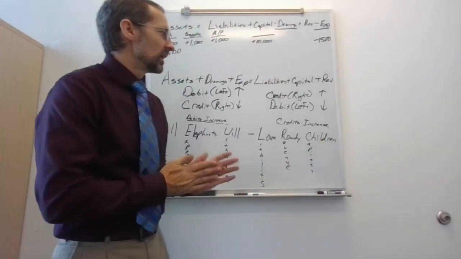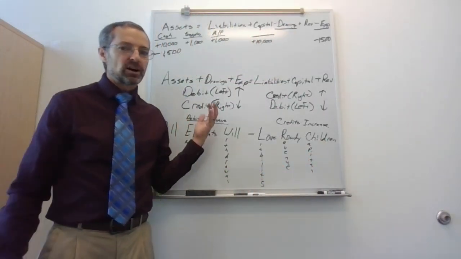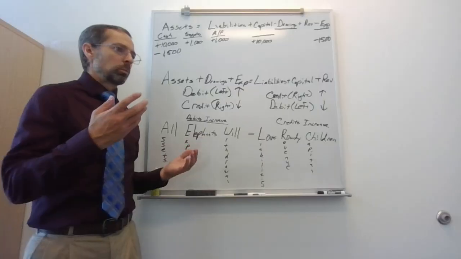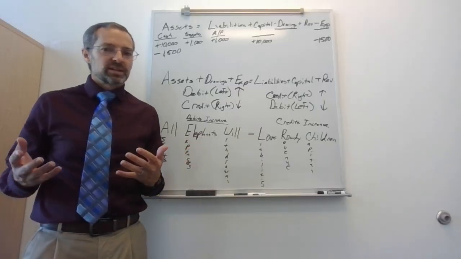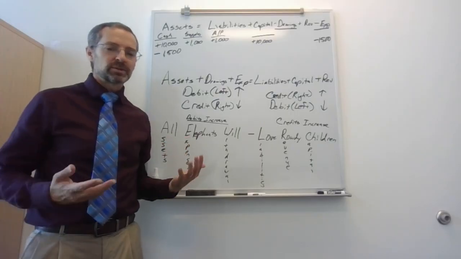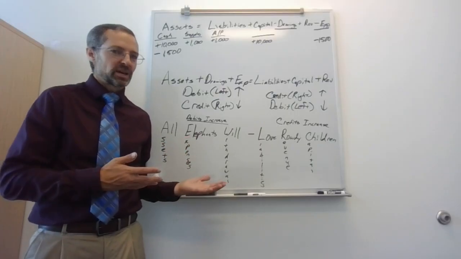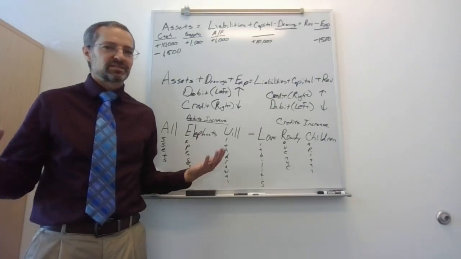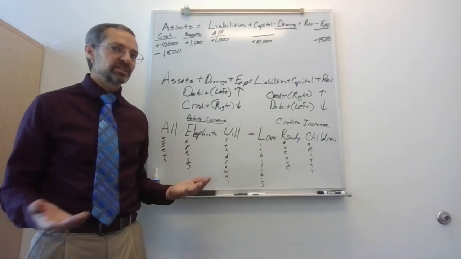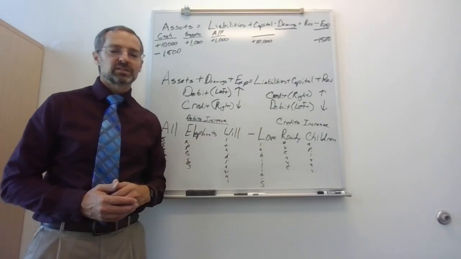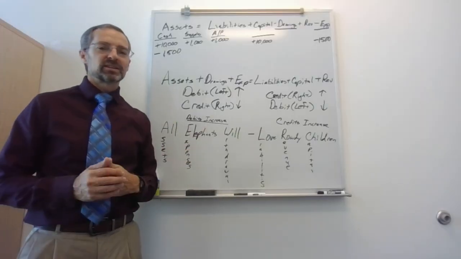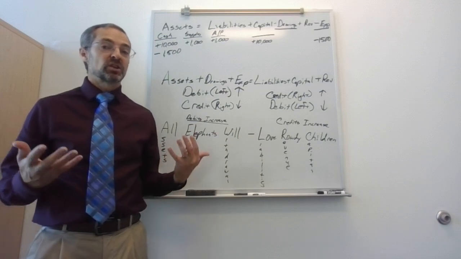All right, so those are what debits and credits are and a few different methods of remembering what debits increase and what credits increase. There's no such thing as a good debit or good credit. Debits aren't better than credits. They're just left and right sides of the equation. And what they do to an account depends on what type of account it is. They do ensure that if our debits equal our credits, our accounting equation works.